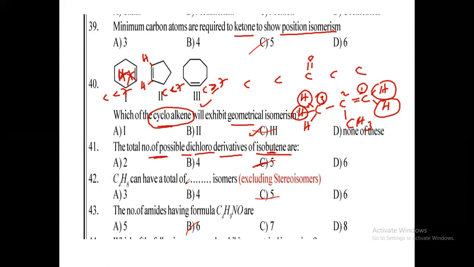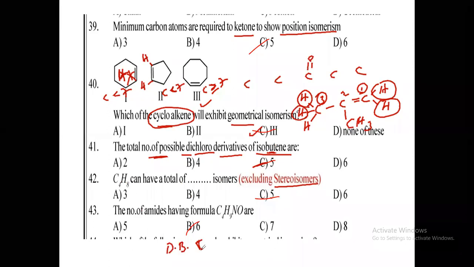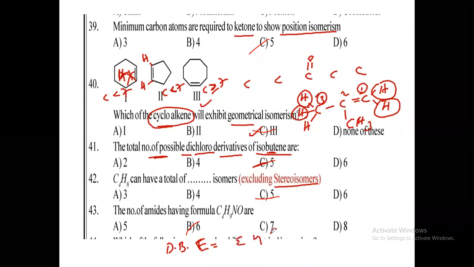C4H8 can have a total number of dash isomers, excluding what they give here, stereoisomers. So here we have to calculate the double bond equivalent. So what is the formula for double bond equivalent generally? Double bond equivalent formula, what? Double bond equivalent is sigma n into (V minus 2) by 2,